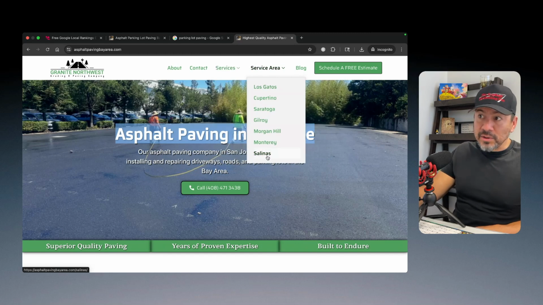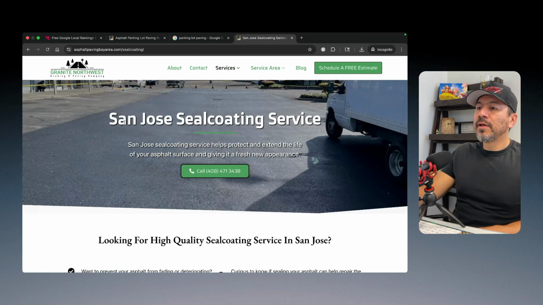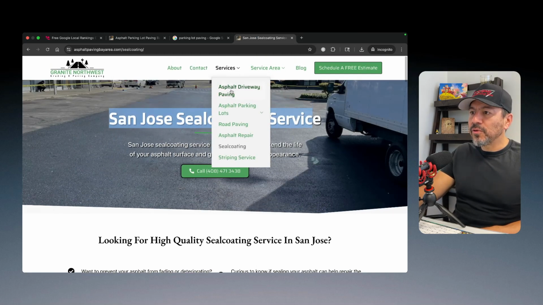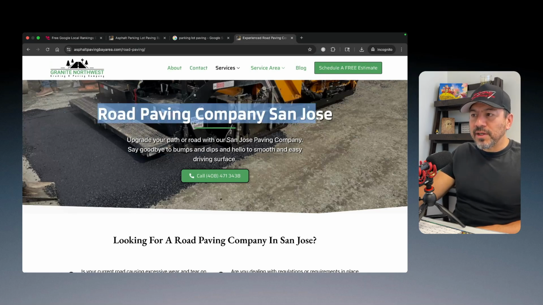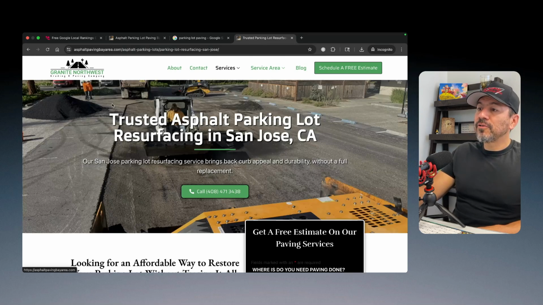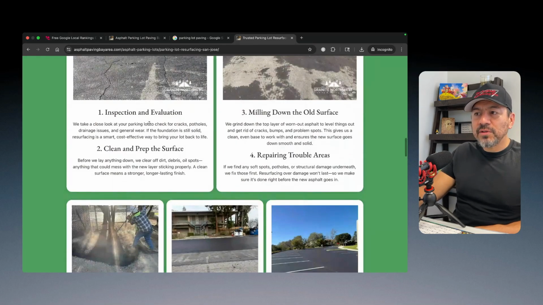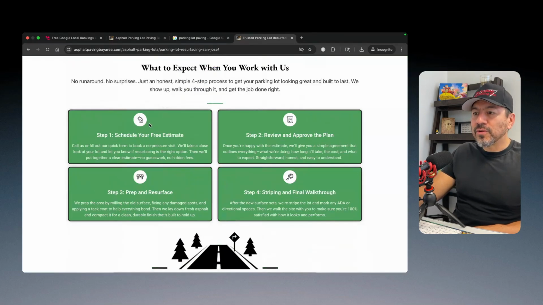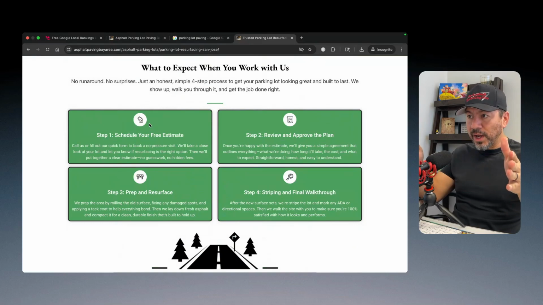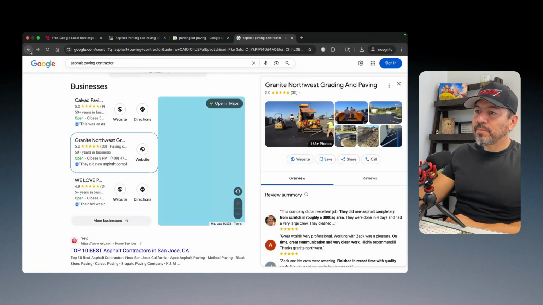He does surrounding cities. But if you go through his website and look up, like, seal coating, San Jose Seal Coating Services, or road paving company in San Jose. If you look at one of those pages, let's say parking lot resurfacing, trusted asphalt parking lot resurfacing in San Jose. Do you see what I'm saying? These pages are very specific, and they tell the end user, your customers, exactly what services they provide in that local area. And what Google is doing, it's relaying that information to that potential customer